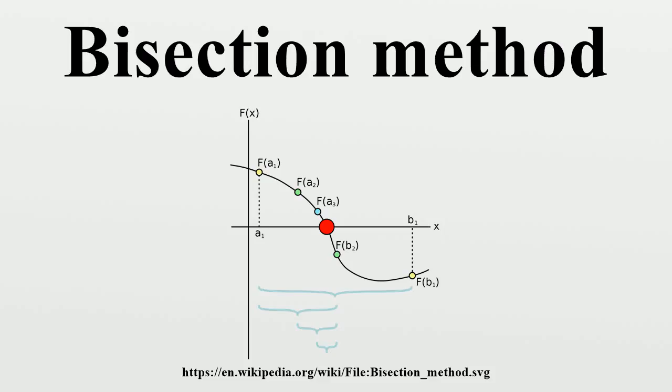Specifically, if c1 = (a + b)/2 is the midpoint of the initial interval, and cn is the midpoint of the interval in the nth step, then the difference between cn and a solution c is bounded by a formula. This formula can be used to determine in advance the number of iterations that the bisection method would need to converge to a root within a certain tolerance. The number of iterations needed, n, to achieve a given error, epsilon, is given by